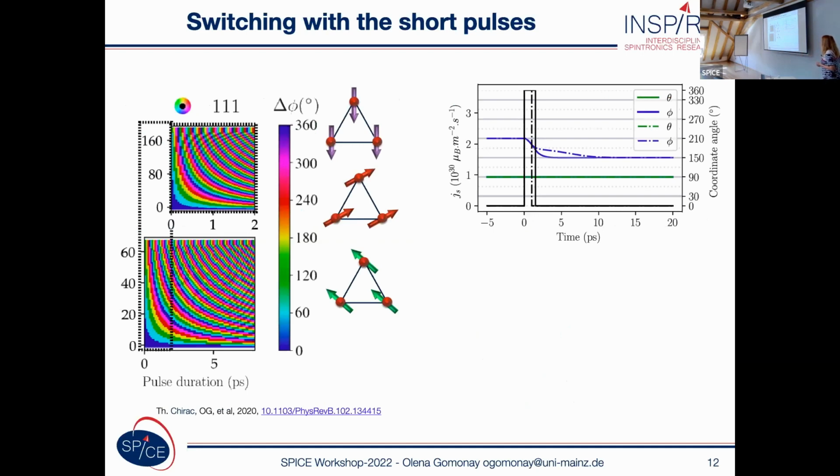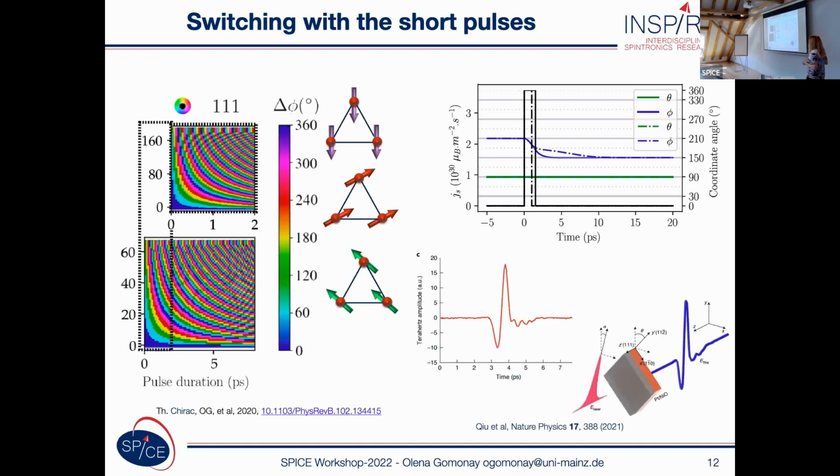For modeling, we used rectangular pulses of different durations. And here you can see that in principle, we can switch to any state of the system by tuning the current density and pulse duration. But of course, we should be very careful, because a small mistake can throw the system into another state. However, this way of tuning the system seems to be very inspiring.